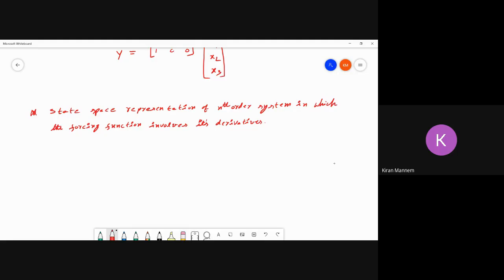So your equation would be y to the power of n plus a1 into y to the power of n minus 1 plus a2 into y to the power of n minus 2 plus a n minus 1 into y to the power of 1 here plus a n into y. But the property means there is no differentiation. This is equal to b naught into